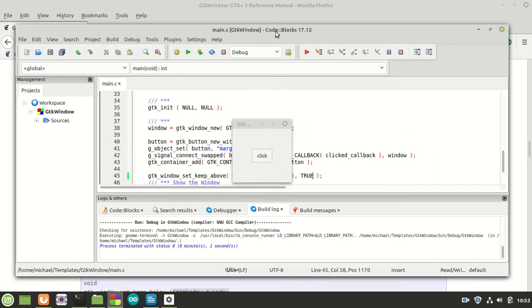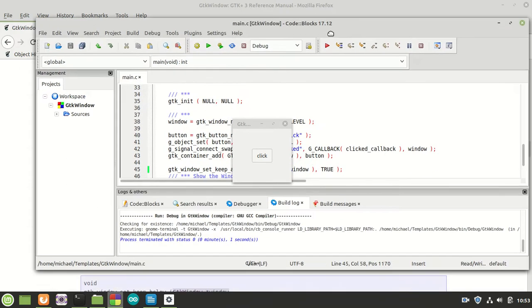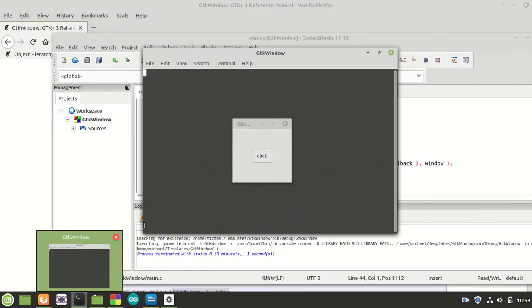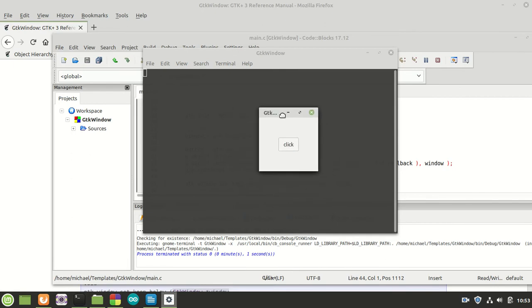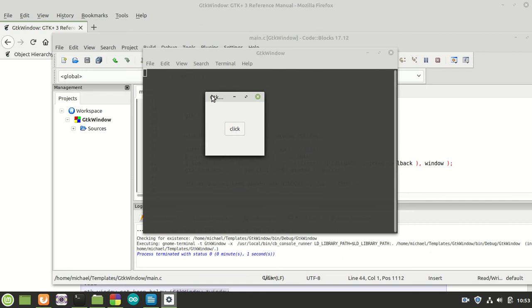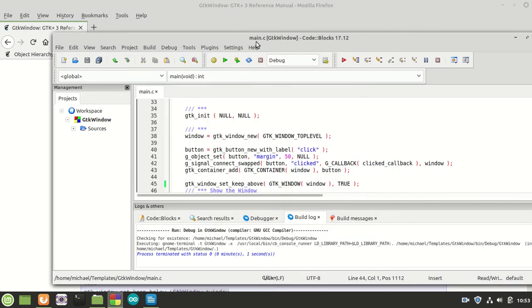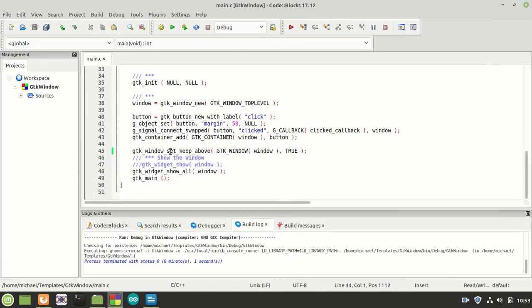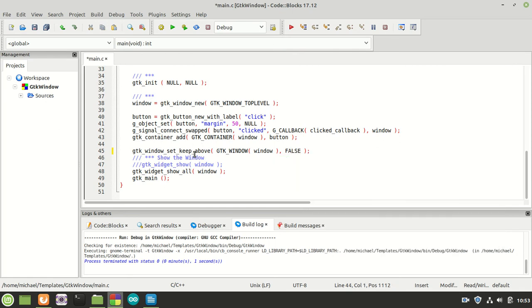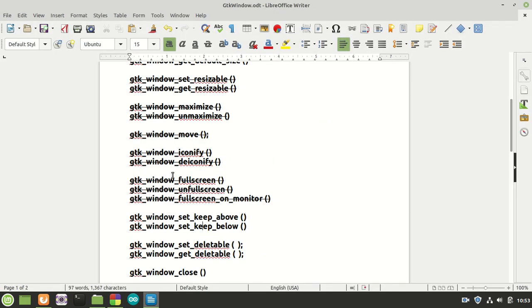The same story goes with this one as well. You see, no matter which window I am clicking, our main GTK window stays above, and this is basically what this GTK window set keep above does once that you set it to true. I'm going to set it back to false now, because we need another function to test it,